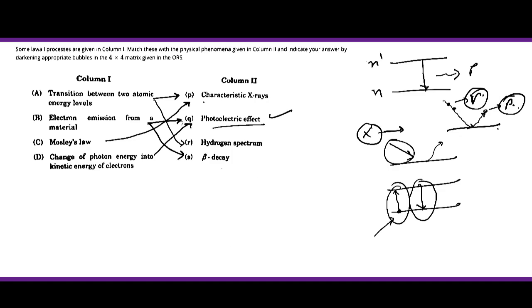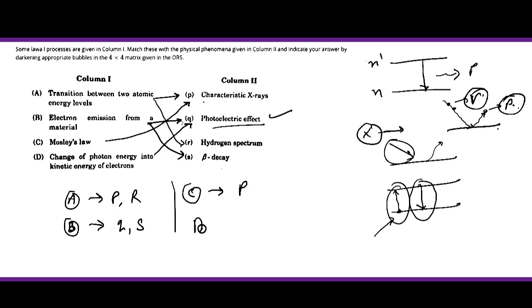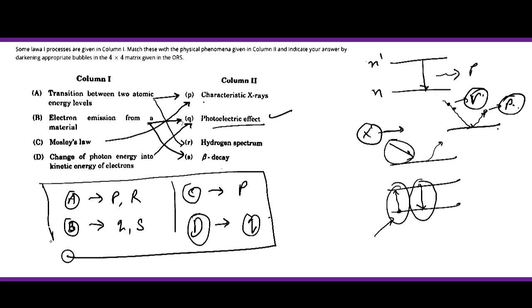तो अगर हम देखें यहाँ पर तो हमारे जो बेस्ट मैचेस हैं, कौन किसके साथ कर रहा है, इसको ऐसा लिख सकते हैं हम यहाँ पर। ए का मैच हो रहा है पी के साथ और साथ ही साथ आर के साथ। बी का मैच क्यू के साथ और एस के साथ हो रहा है, ठीक है। सी का मैच पी के साथ हो रहा है, और डी, ये फोटो इलेक्ट्रिक इफेक्ट का फिनोमेना है, तो क्यू के साथ मैच कर रहा है, ठीक है। तो ये हैं कॉलम फर्स्ट से कॉलम सेकंड की जो मैचिंग करनी थी, तो ये इसके बेस्ट मैचेस हैं, ठीक है।